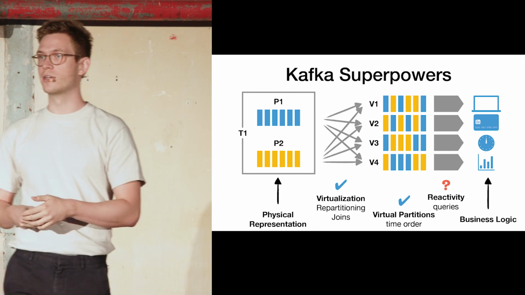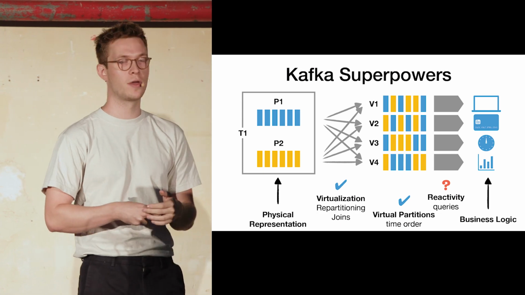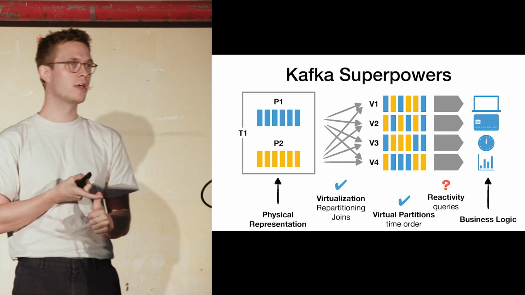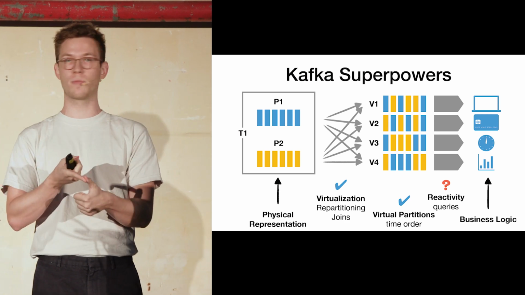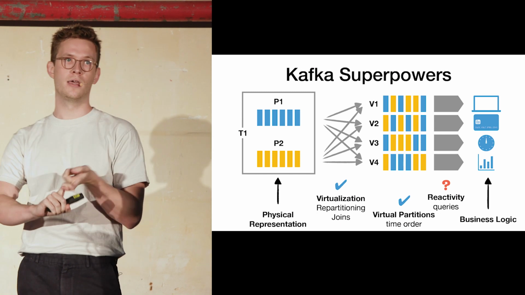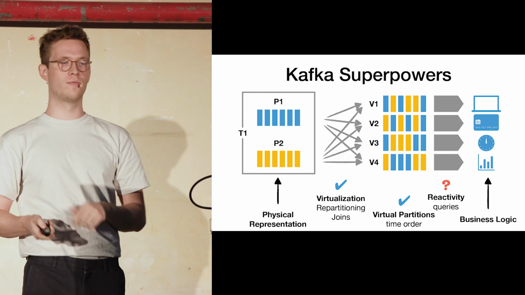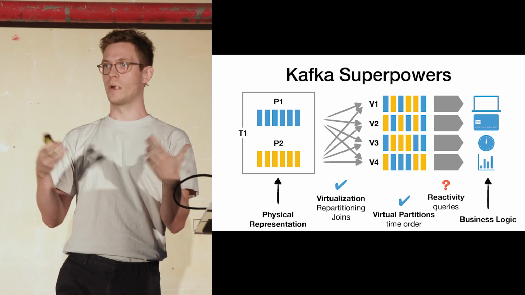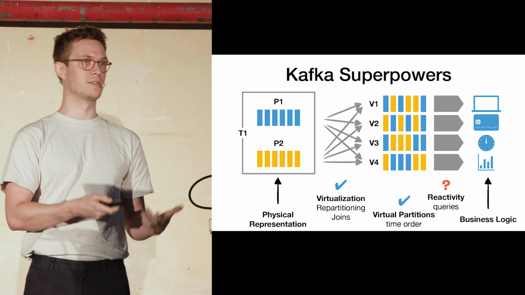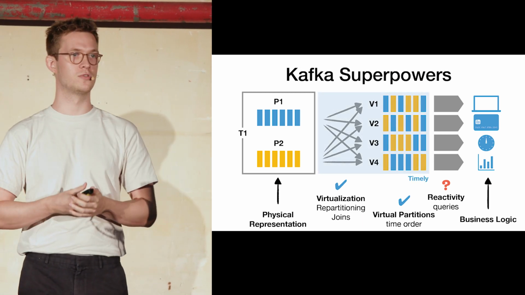If we now revisit our example, we can check what we've achieved so far, and we will actually see that we've achieved the virtualization part of things, because we can do repartitioning using the data flow model and exchange operators, and we can use joins correctly as I showed you before. Also, in the actual virtual partitions, since we have rich time semantics, we can enforce time orders that make sense for downstream consumers. And this is what Timely has given us so far.